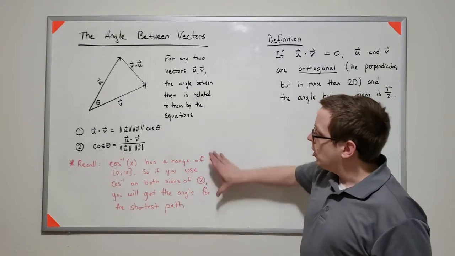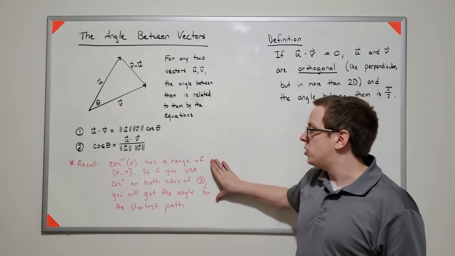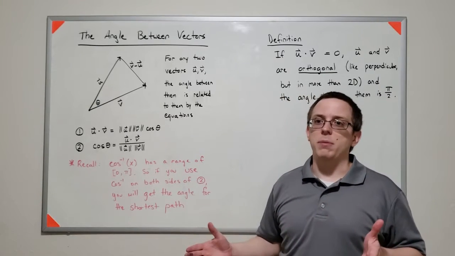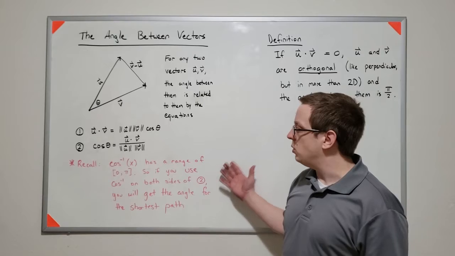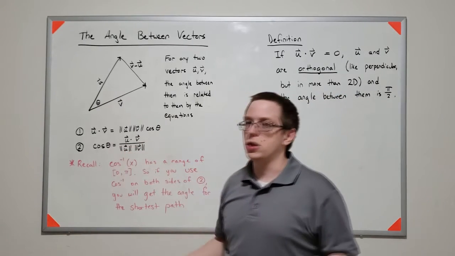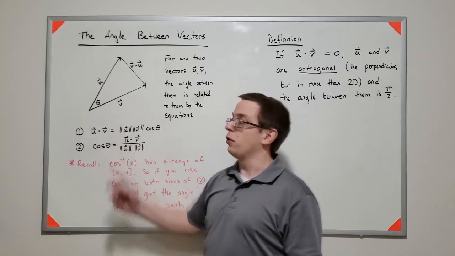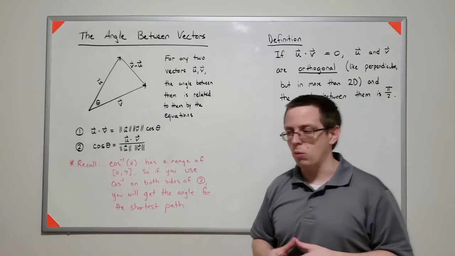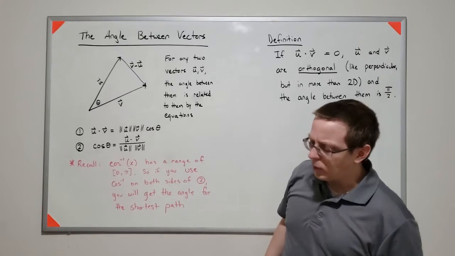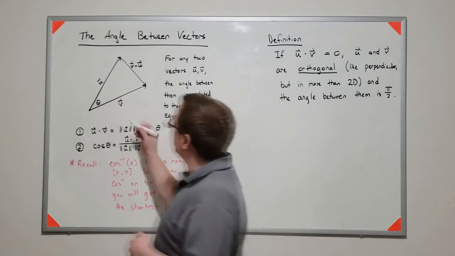I want to point out, though, that when we talk about vectors, the inverse cosine has a range of 0 to pi. What does that mean? Well, that means that if you take the inverse cosine of both sides of this, you're only going to get a value in 0 to pi. You're never going to get like a 3 pi over 2 for theta here because of the way the inverse cosine works. So what you're really getting is the shortest path, because you could theoretically use